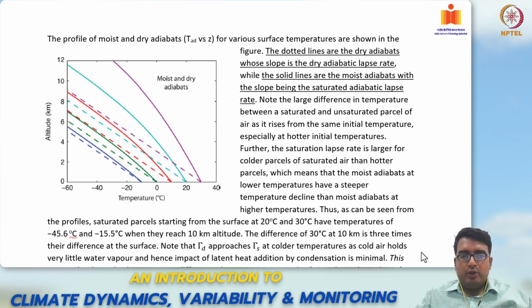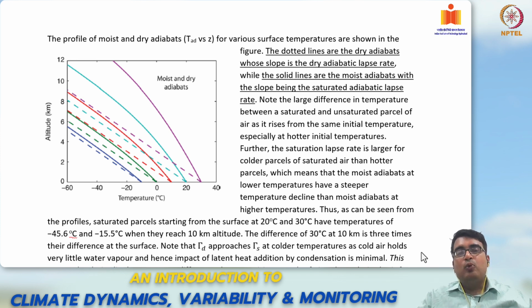And welcome to our continuing lectures on climate dynamics, climate variability and climate monitoring. In the last few classes, we had been discussing the concept of dry and moist adiabatic lapse rates, the concept of potential temperature for dry air and saturated air, and used those concepts to understand what are the conditions that would ensure an unconditionally stable atmosphere where there won't be significant convection currents and associated weather disturbances,